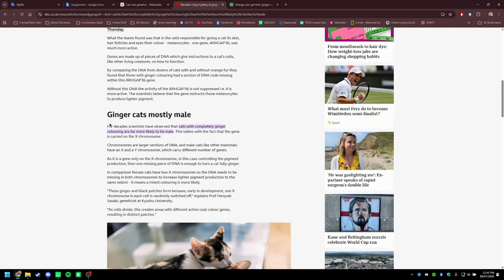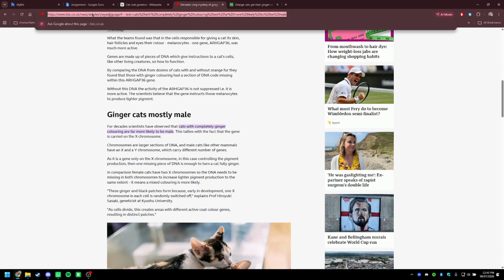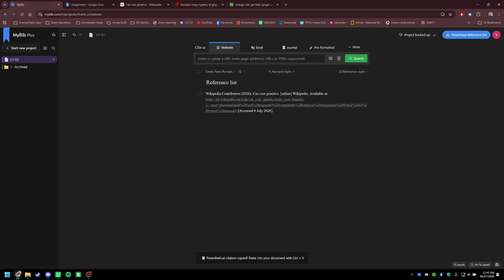As you can see on this bit, it says, for decades scientists have observed that cats with completely ginger colouring are far more likely to be male. So that is sort of what I'm looking for to help prove my point. So because of that, I'm going to double click the URL again and then copy, go back to MyBib, and then paste the URL here that we've just copied,